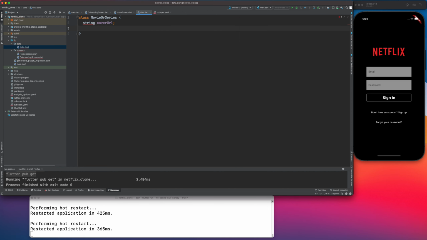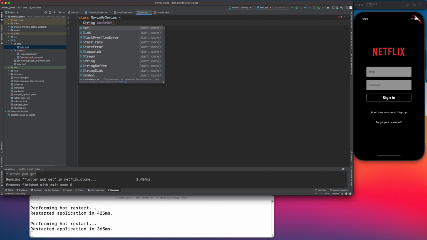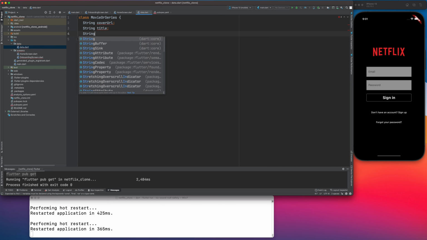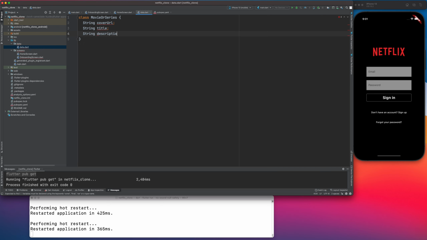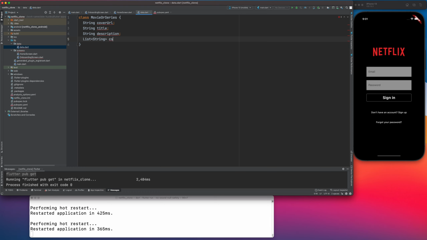It will take string title, string description, and then list of string categories, right? int year,